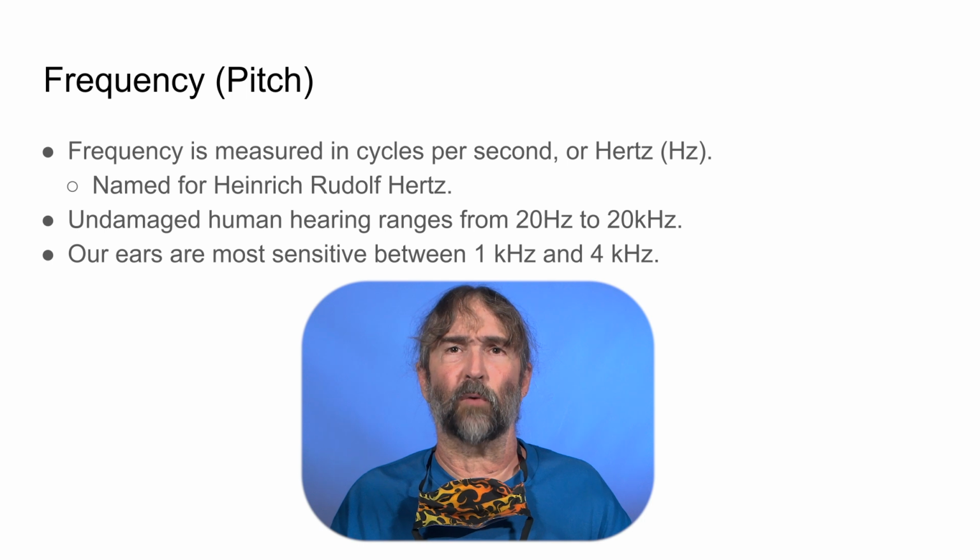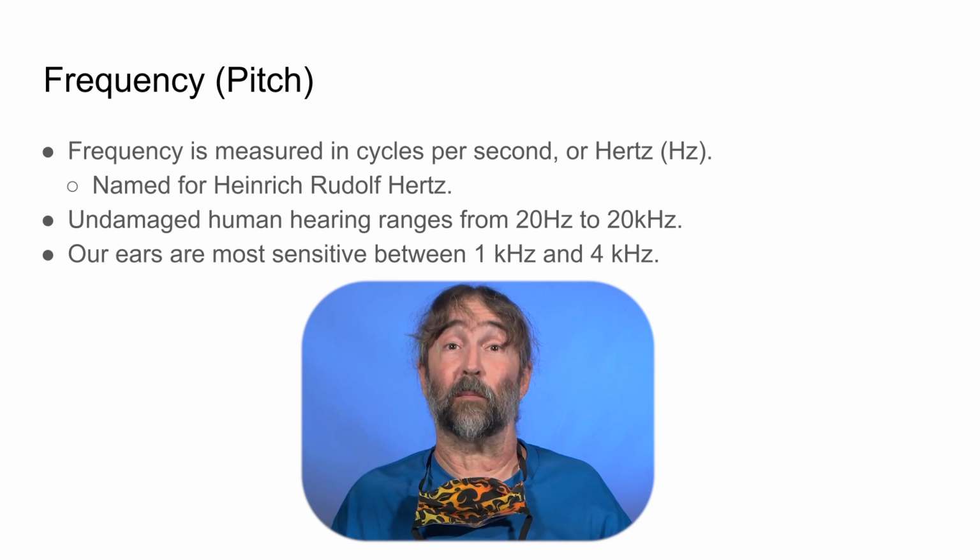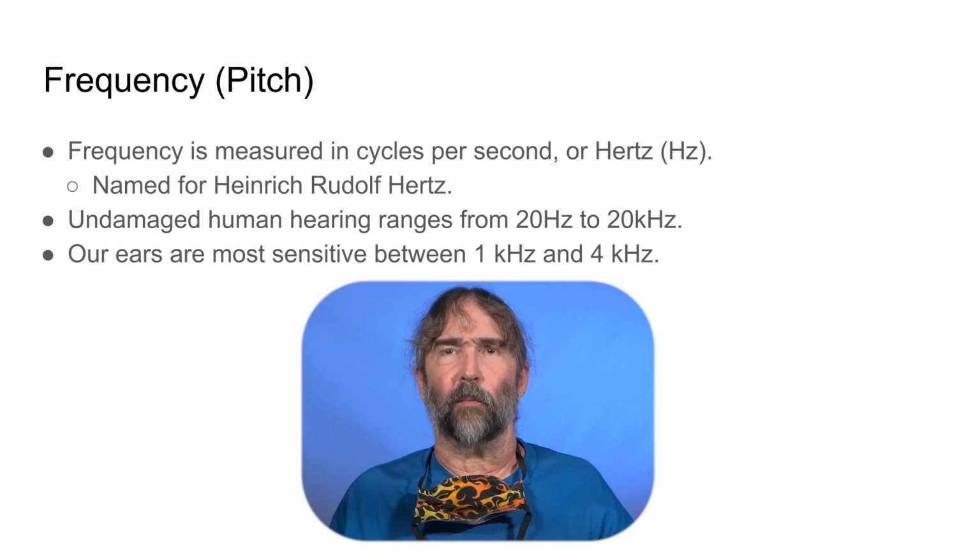This is named after a radio engineer, so because it's a proper name, the abbreviation Hz always has a capital H. Human ears, at their best, can hear from a low of 20 hertz to a high of 20,000 hertz, or you might prefer to say 20 kilohertz. Most of you are in your early 20s or maybe the very end of your teens. You've already begun to lose some of that high-end hearing. You can probably hear up to about 18 kilohertz by now.